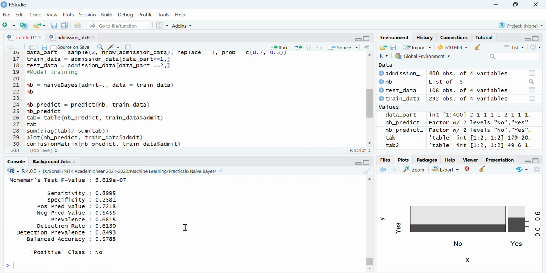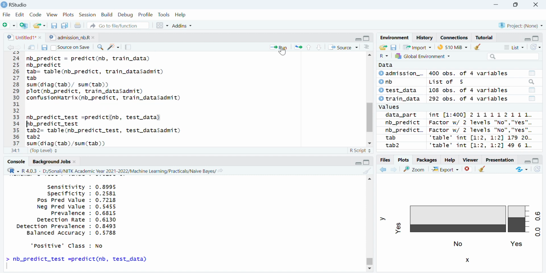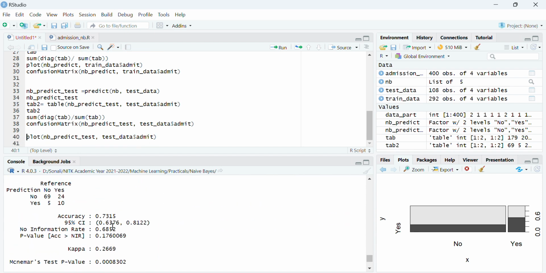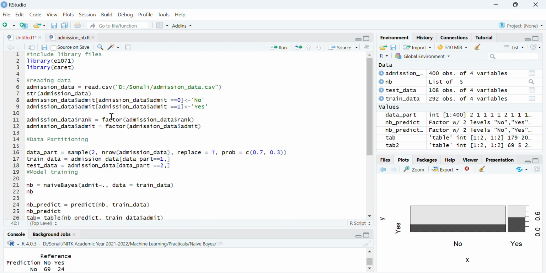So not major changes there in the accuracy of the training data, but we can always check for the testing data if it is performing well. Earlier we were getting 72%, now we are getting 73%. It is quite good. Moreover, if you feel that not all the attributes are equally contributing to the model tuning, you may also change the attributes. See, I have come again to model training where we have put a tilde sign and a dot. This meant that I am considering all the rest of the attributes in determining the admit value.